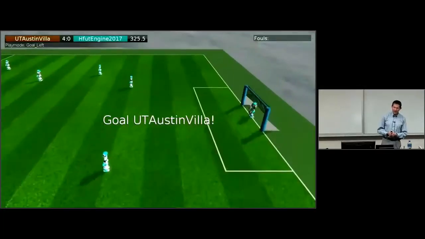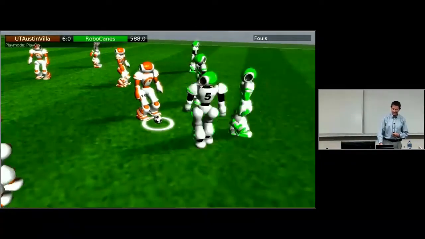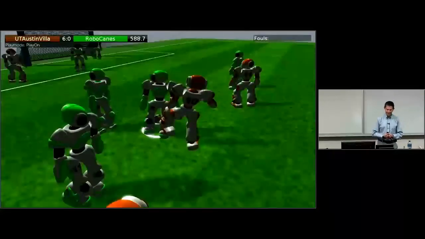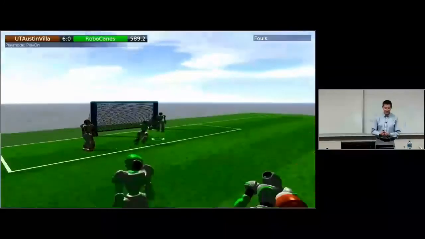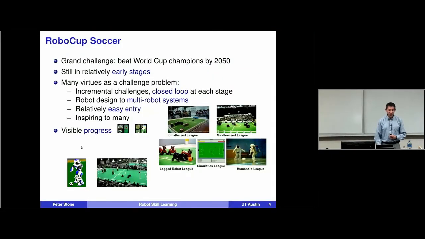And then there's also the coordination problem. This highlight happens to be my student's favorite one. I promised him I'd show him this. It wasn't planning to do this, but somehow it managed to kick the ball through the legs of the other robot and score a goal. So he's always very proud of that one. My student Patrick MacAlpine, he's graduated, he's now at Microsoft Research. His thesis contributed a hierarchical machine learning method for learning many different aspects of the skills that go into this, fast walking and kicking and positioning.